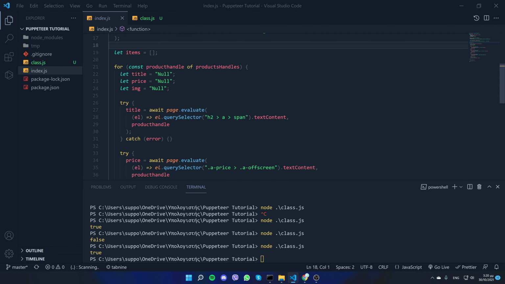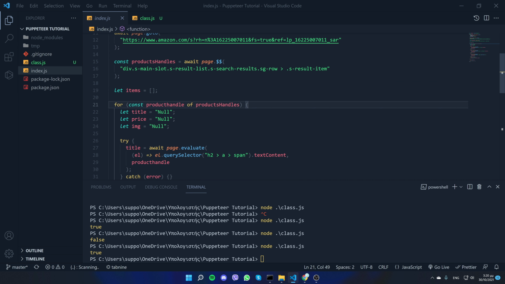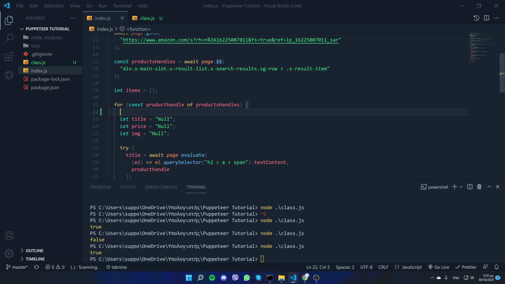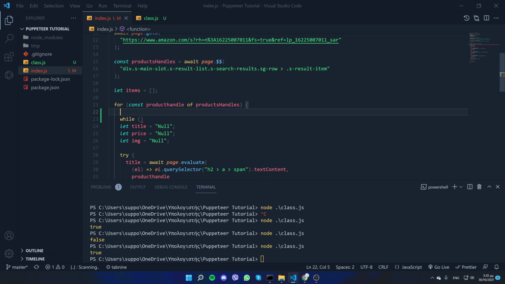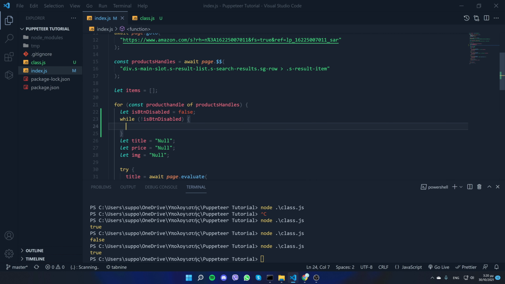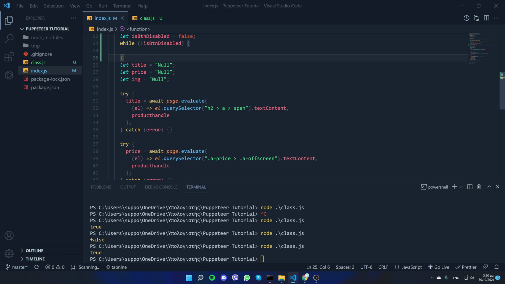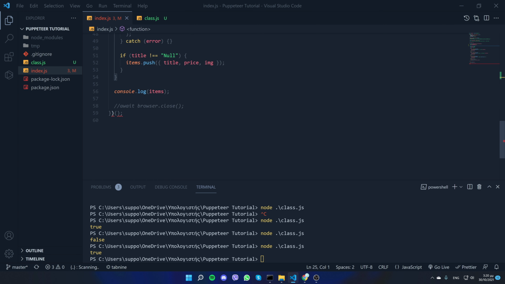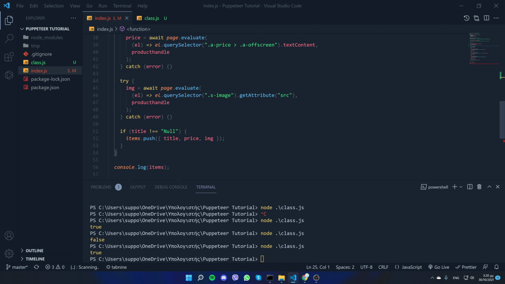So let's do something here. So for every product we want to do that. So let's say while true, but the true has to be something we can change, so we can say if it is disabled or not. So let's do let is button disabled, and let's do false. So if it's not disabled, then do the below. So let's put, actually just go to the bottom. So right here,